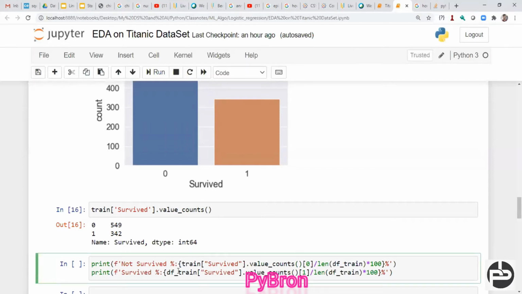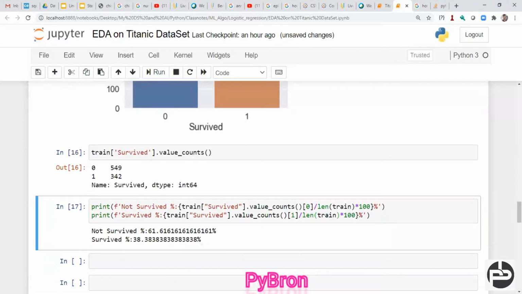Similarly we can do it for survived also. Here also we have to change the name of the data set. If you execute this, you can see not survived is 61%, survived is 38%, right? Hope you understood how many people survived and how many did not.